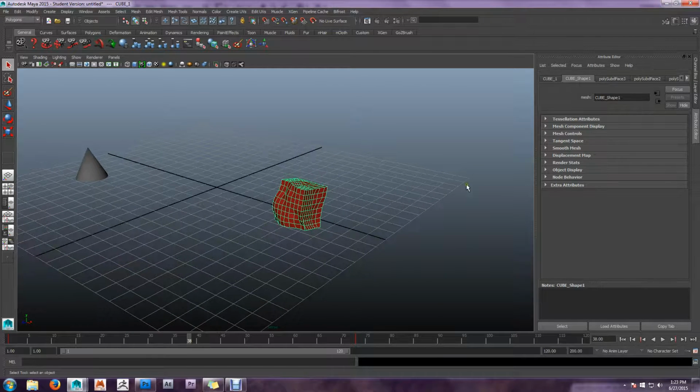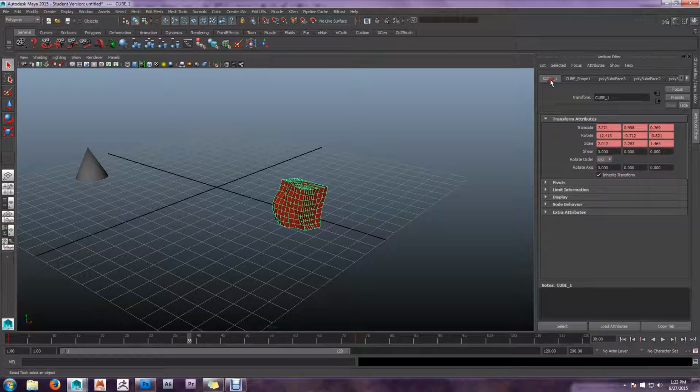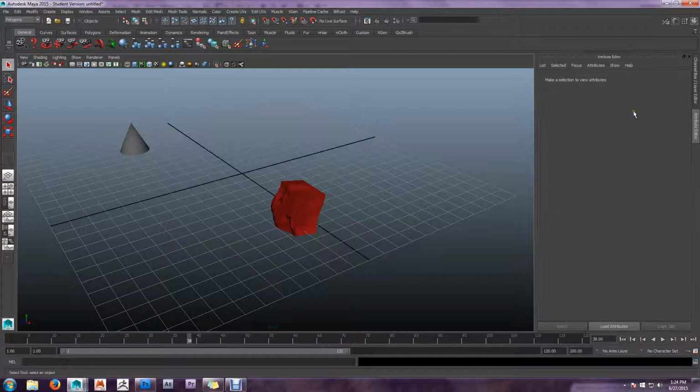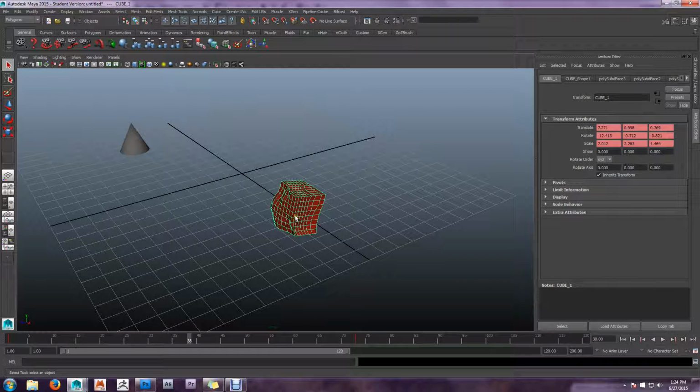So over here on the right-hand side of the screen, we have the attribute editor is what we can see. So what this is showing me is essentially, if I have nothing selected, we can't really see anything here on the right-hand side. So it's pretty blank. So it says make a selection to view attributes. So what I'm going to do is select my cube here, and I can see that